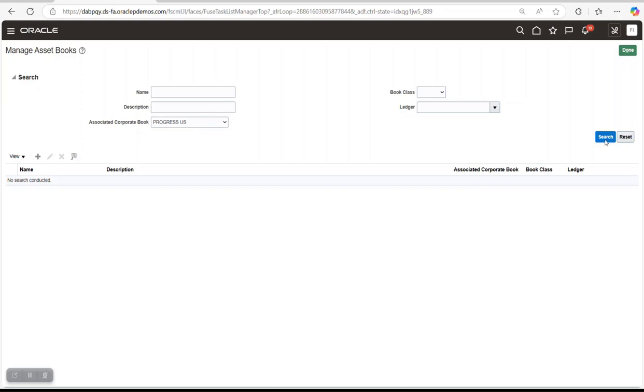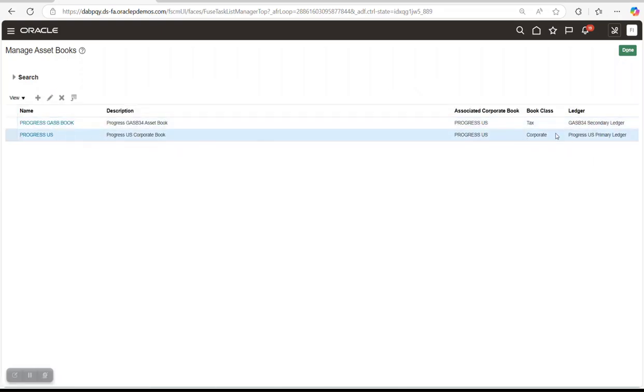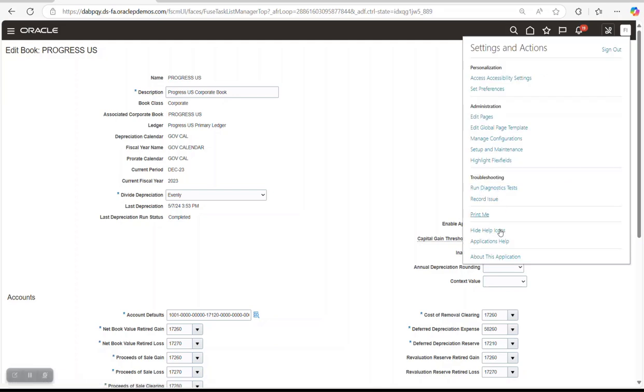Just select it, search, and try to edit the corporate tax book, not the corporate book class, not tax. Just edit. You will find on the right side, allow transfer to another book. Before this version you will not find this